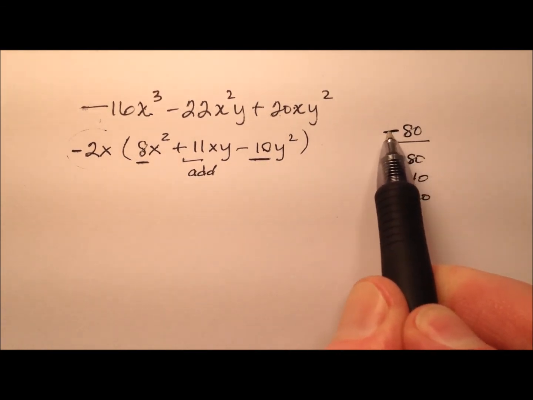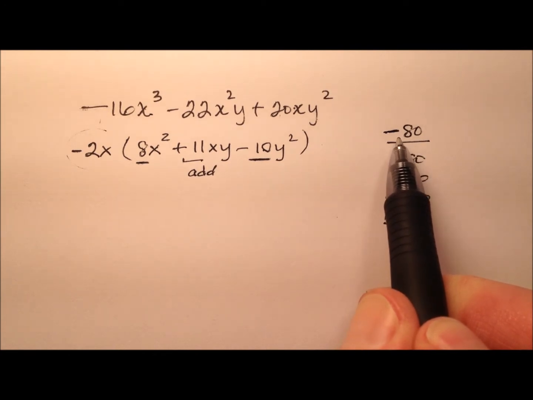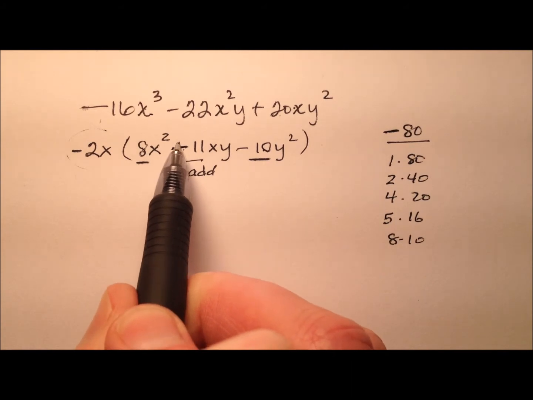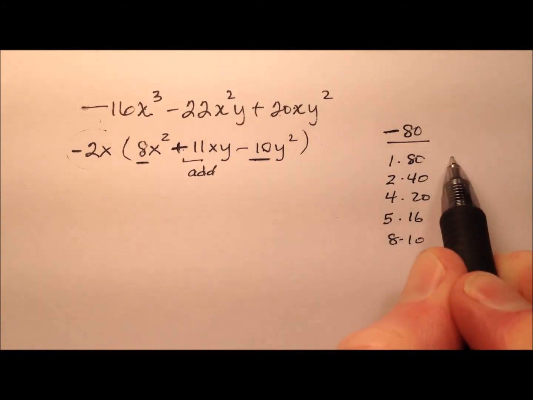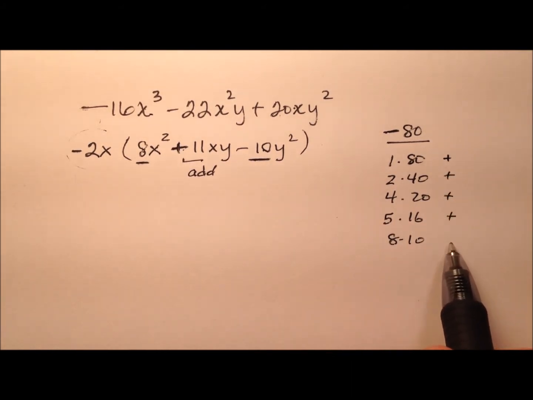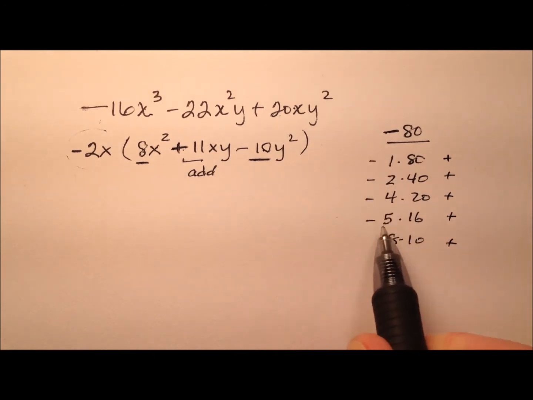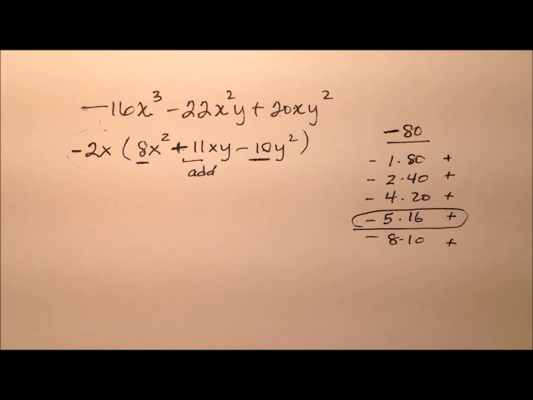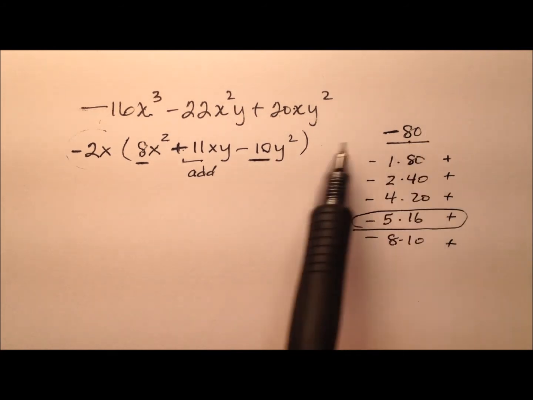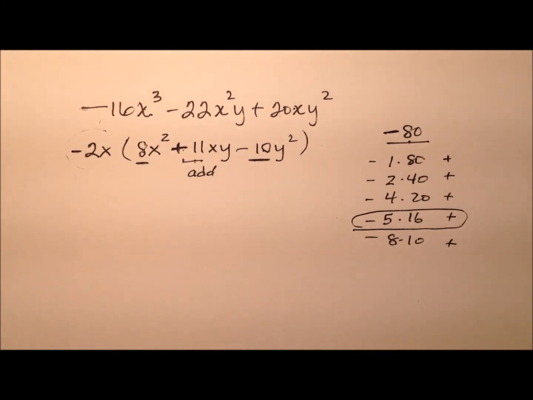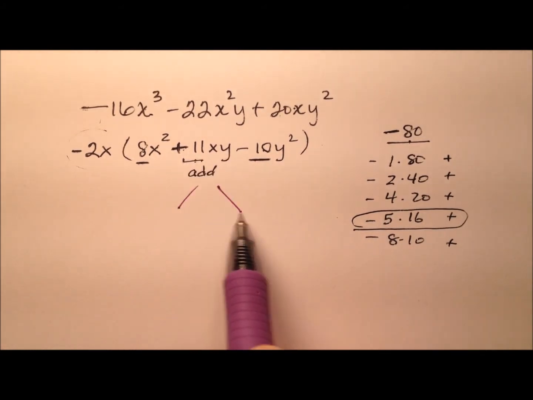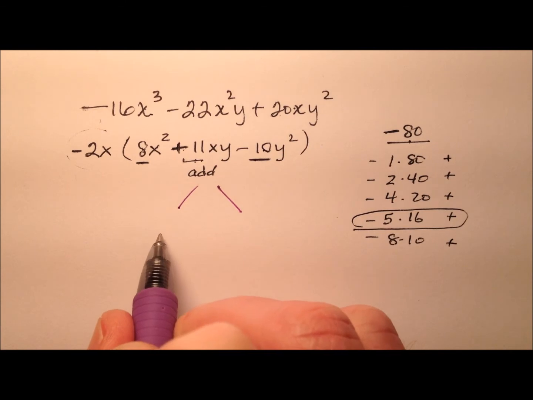They multiplied to make a negative number, so we know the signs will be one of each, one positive, one negative. And since they add to make a positive, we know the larger will be positive. So these are all the largers and these are all the smallers. It looks like negative 5 and positive 16 will multiply to negative 80, but add to positive 11. So I'm going to take that middle term, that 11xy, and break it up into positive